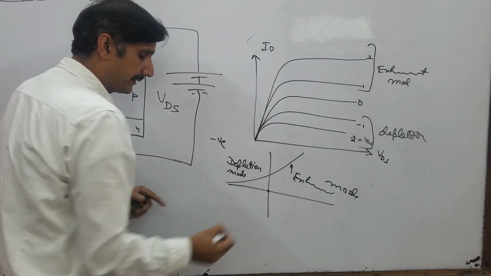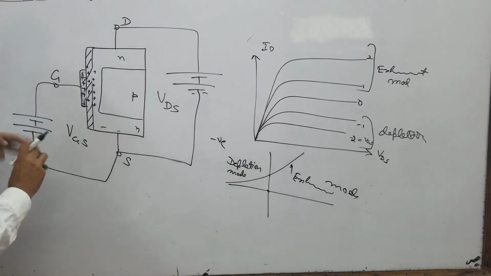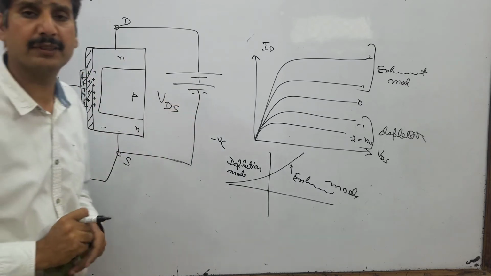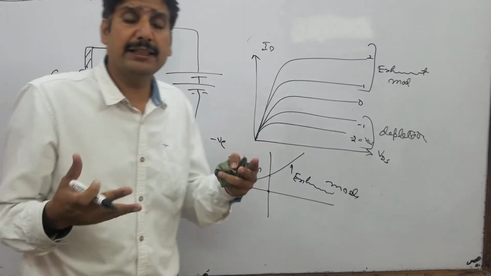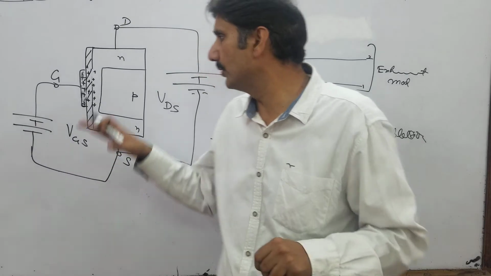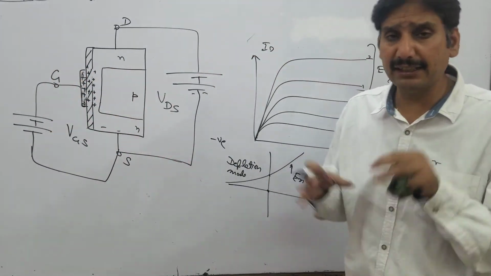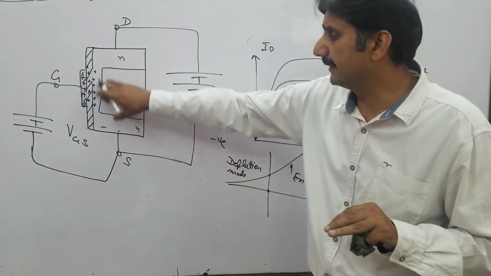Did you notice that even for VGS 0 there is finite current? So even if you don't apply this VGS voltage, this will conduct. That means it is normally on. That was the name. It is normally on. That means even if you don't apply any biasing to the gate, still it will be in the conducting state. There will be finite significant current flowing across this physical layer.